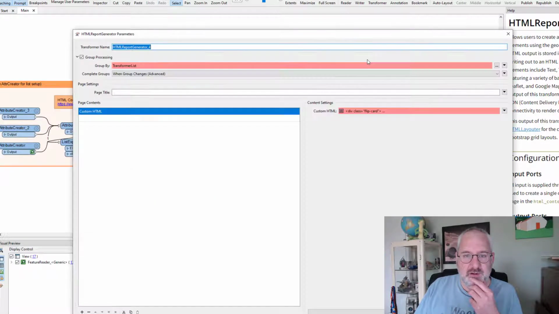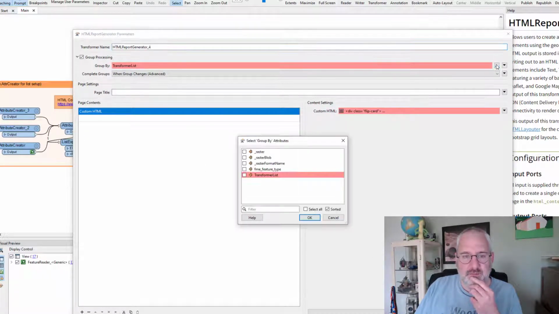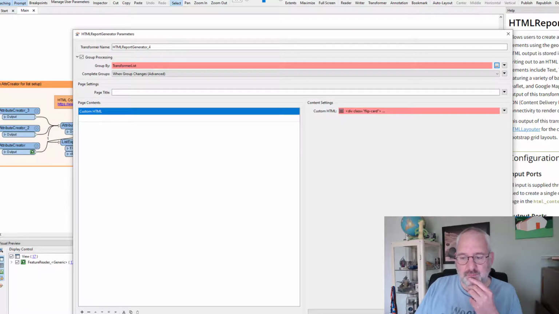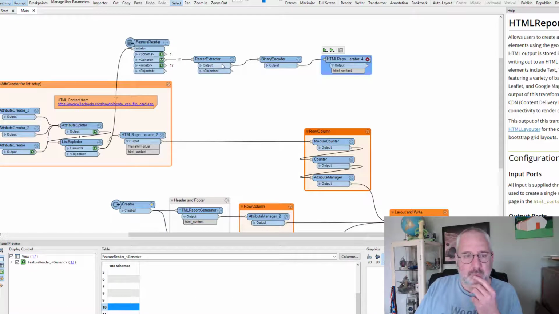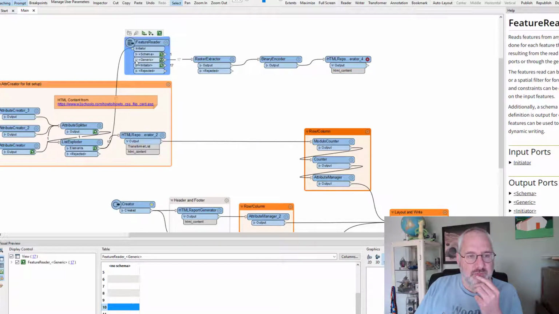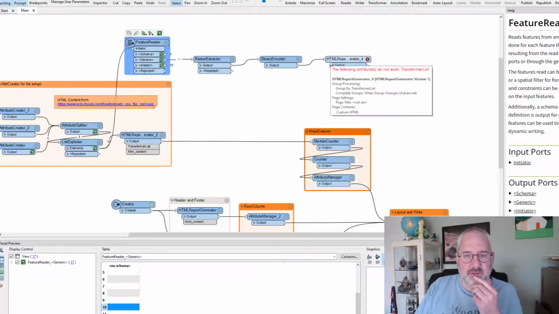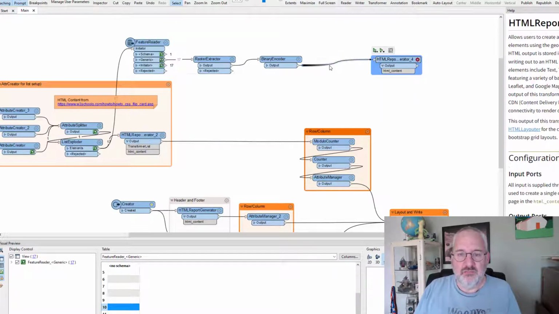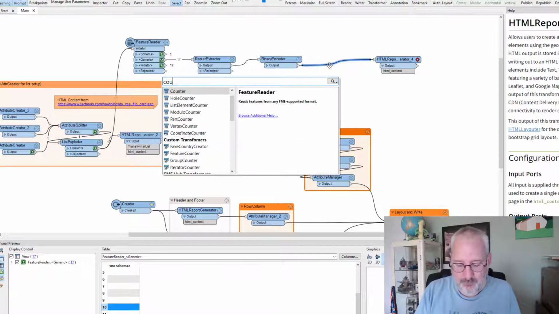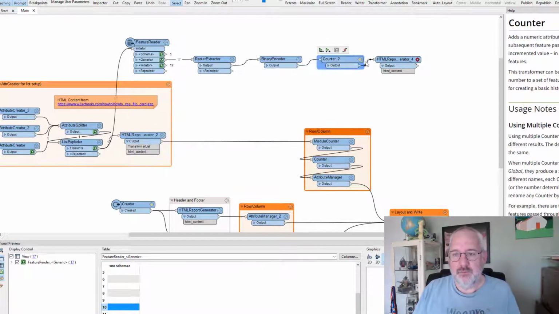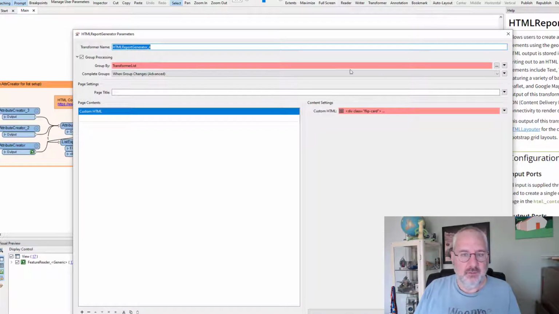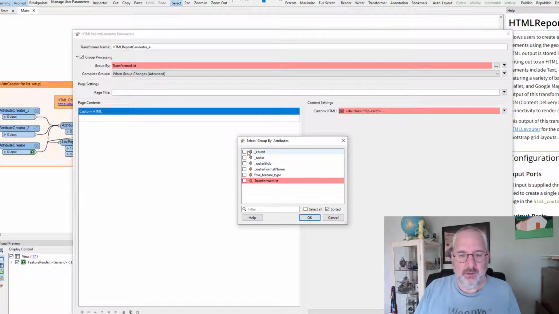So we're going to generate this. We can't group by transformer list because I think we've lost that. So really I need some sort of counter on here, I think, to give it an ID, because everything needs to be processed separately as its own report, as it were. So I'm going to throw a counter in, group by count,